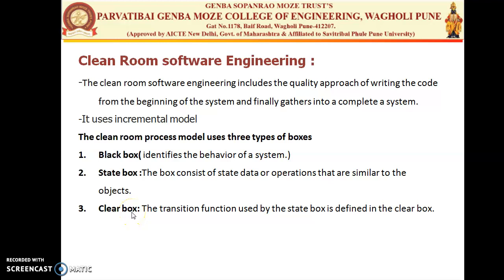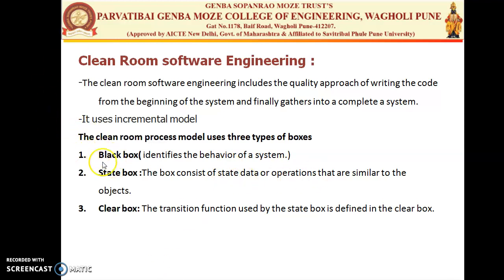So clean room software engineering uses a box structure specification. A box consists of the system or the parts or some aspect of the system. It uses a stepwise refinement process. Then the boxes make a hierarchy, and each box has its own transparency. The information in each box is enough to define its refinement without depending on the other boxes' implementation. It makes the developer separate the system hierarchy from level 0 to the top level. So we are going to see these boxes one by one.